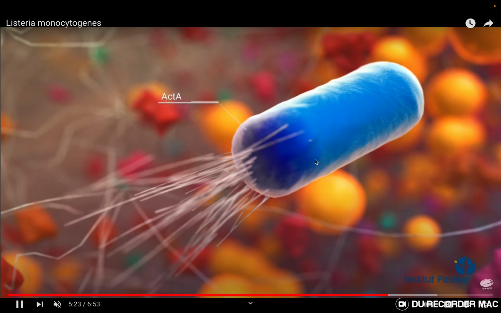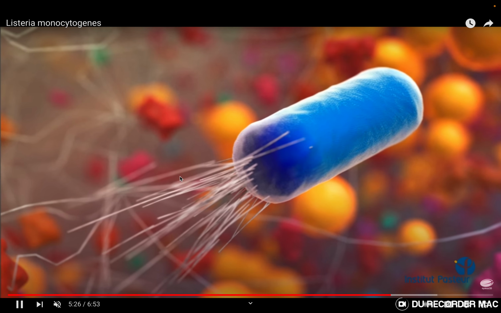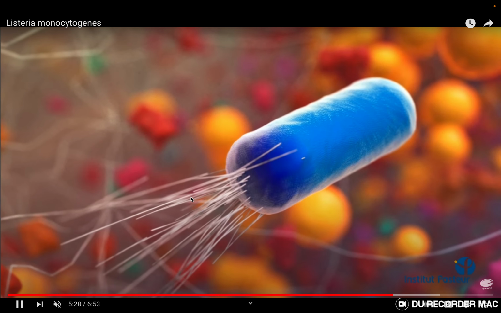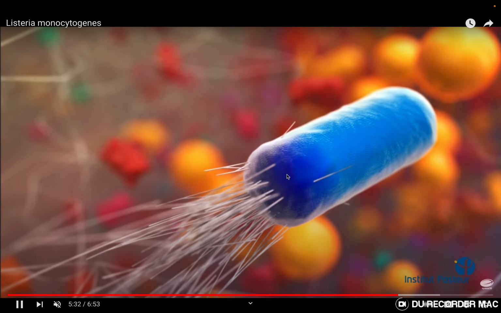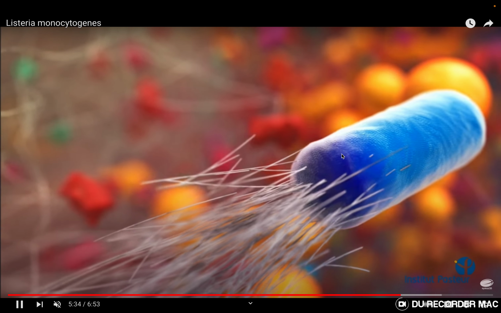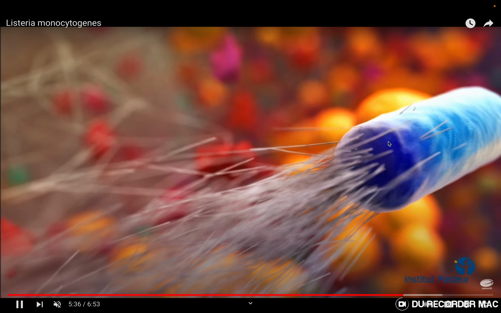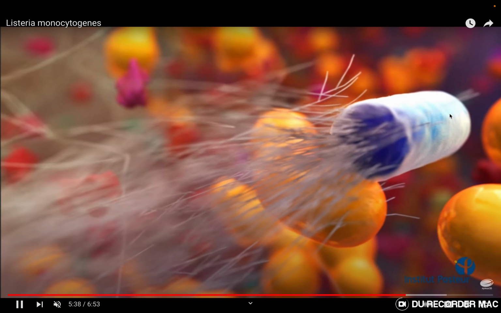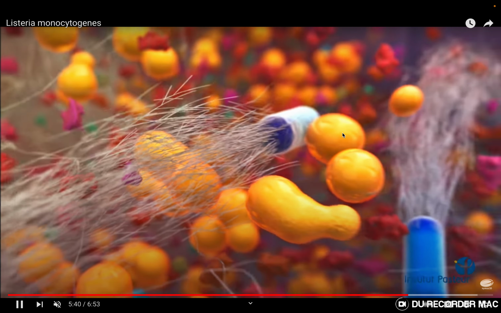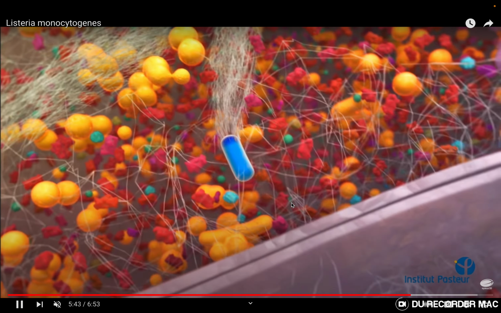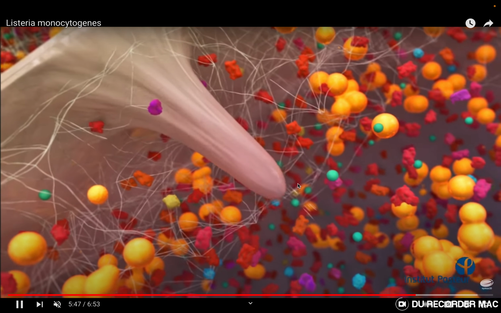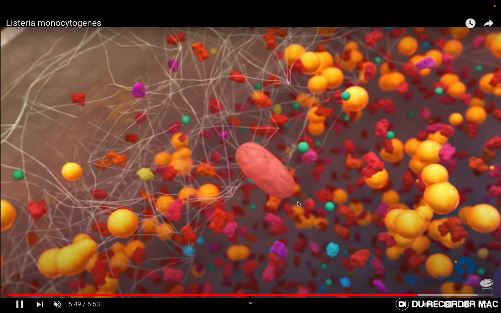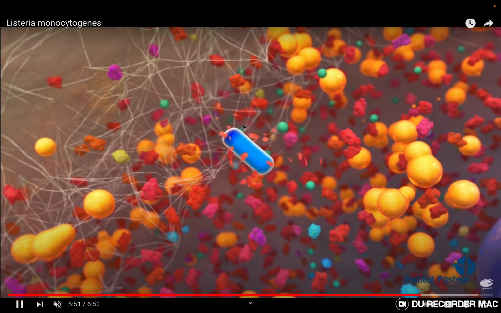See, this is the Listeria monocytogenes. It makes these little actin fibers behind it to push it forward like a rocket. Okay? So, that helps it to move forward. Can you see? It makes these actin-like fibers and that helps push it forward. And it makes it pass through the cell, like different types of cells. It can even allow it to penetrate one cell and enter the next cell by this rocket-like structure.